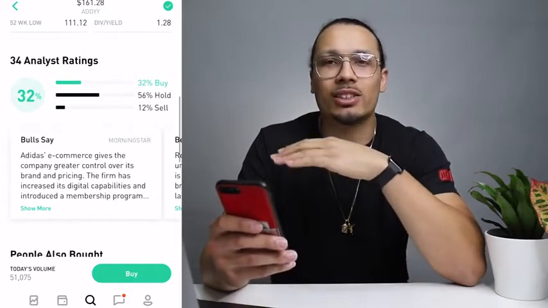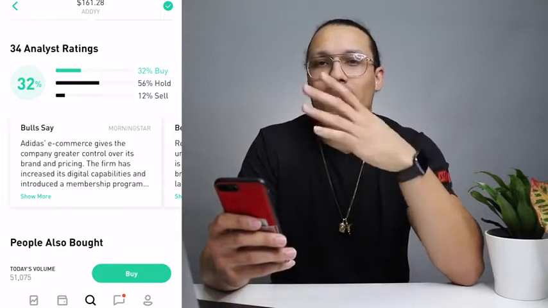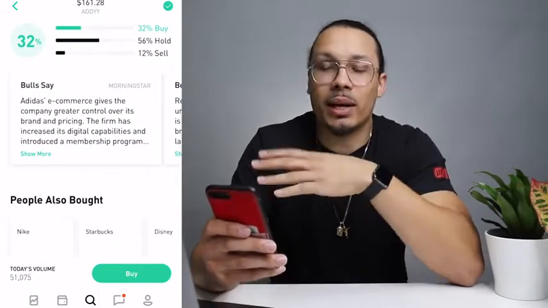From there, you have analyst ratings. This is just professional analysts out there. This is something that you could take with a grain of salt. You have to make your best decision, not what other people are saying. So always remember that. From there, it will take you down into a section with articles and things like that,